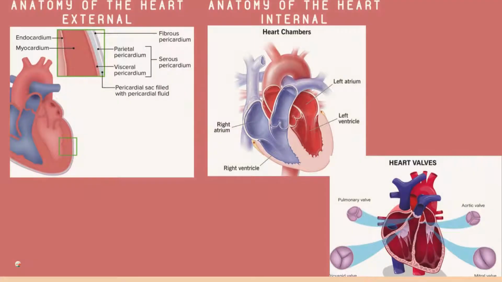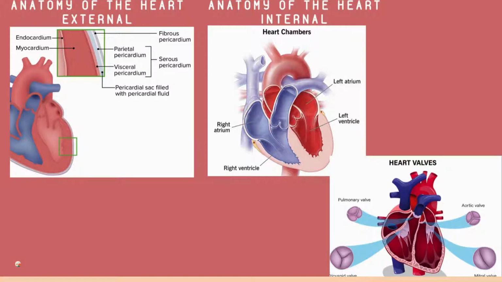This picture shows the external and internal anatomy of the heart plus the heart wall. So let's revise the external anatomy and internal anatomy of the heart as we have discussed it in the previous video. In the external anatomy of the heart, we will discuss the layers present in the heart. The outermost membrane surrounding the heart is a double membrane structure called the pericardium, and the pericardium has two layers.